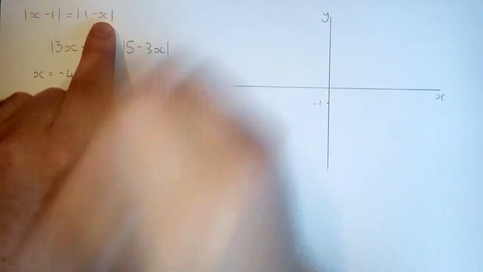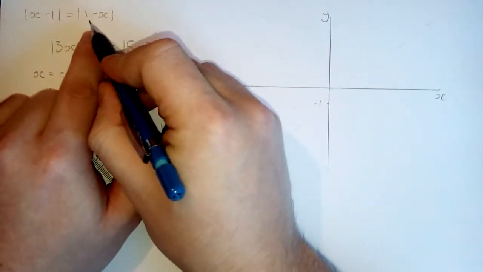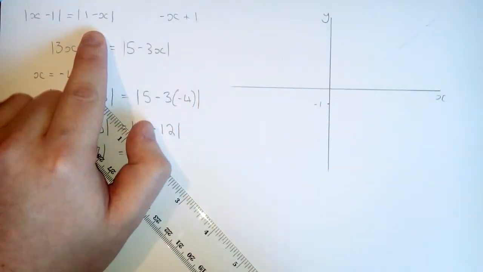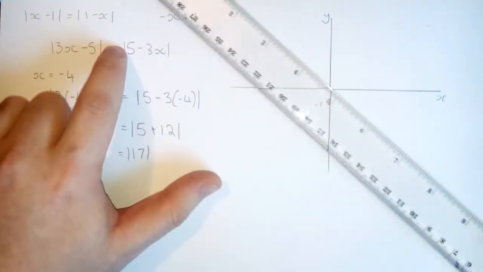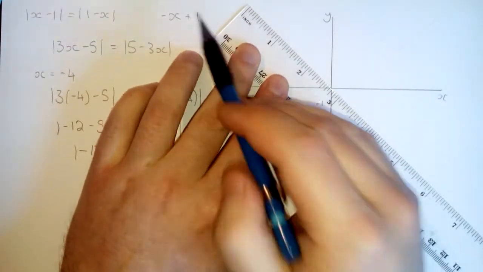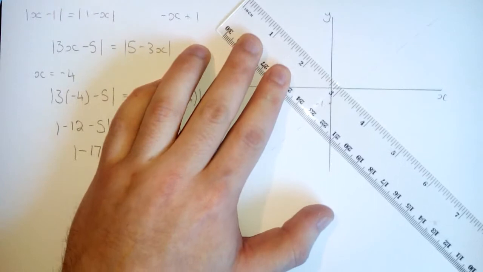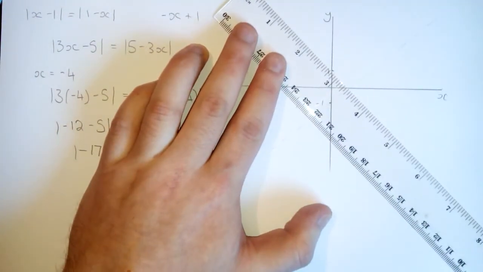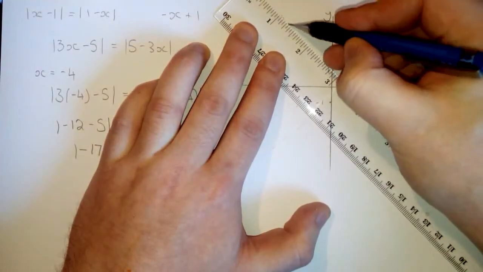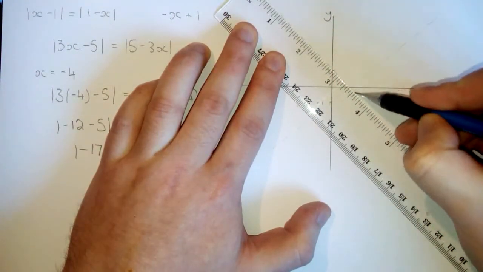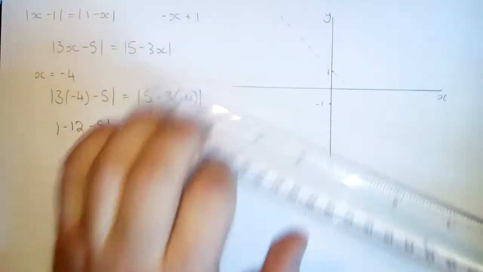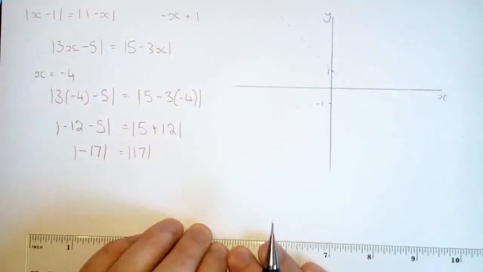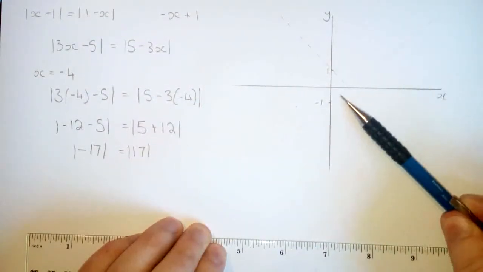Well this, if we think about it in terms of y equals mx plus c, would be written minus x plus 1. So it's got a gradient of minus 1 and a y-intercept of plus 1. So now if I draw this line in, we get this. Now modulus means we only take the positive values, so these lines down here